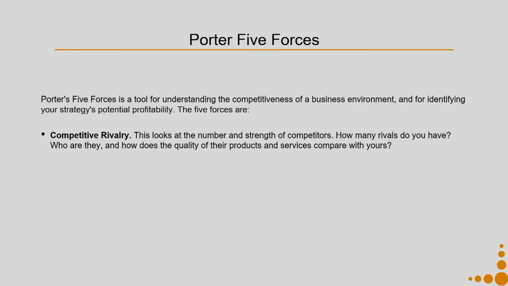So force 1 is competitive rivalry. What it means is, this looks at the number and strength of competitors. Say for example, for the case of Fresh, and say the design intervention context is PSS for supplying safe drinking water to domestic users. I will have to look up all different rival competitors in that kind of segment. I will not look exactly in the PSS segment, maybe there are not many competitors in that segment, but I will also have to compete against all those companies who sell their water purifiers and which can also be a substitute product.